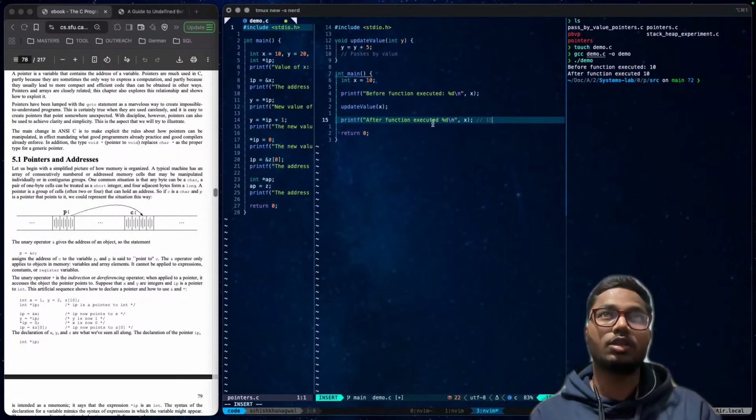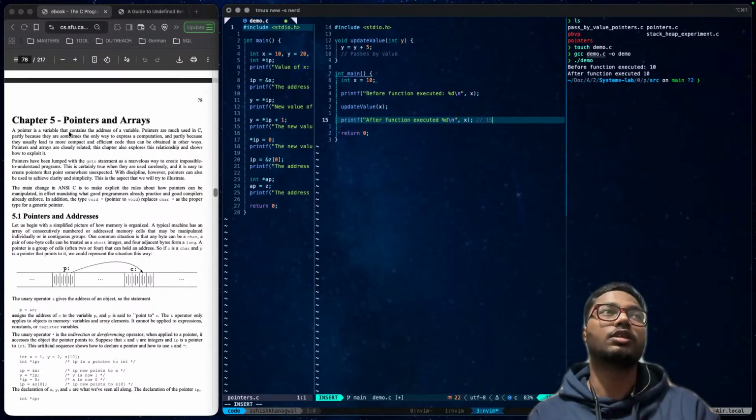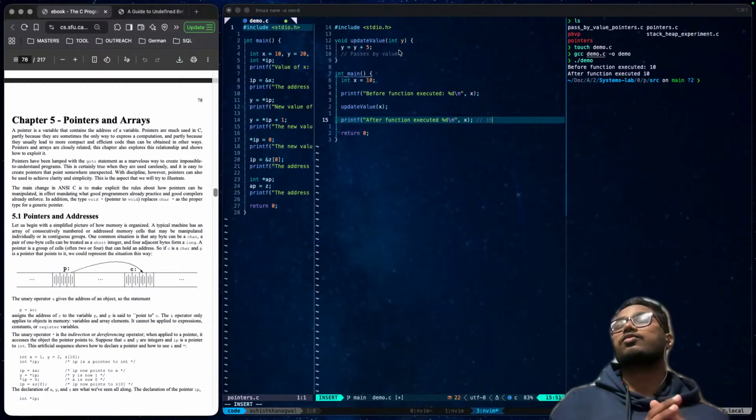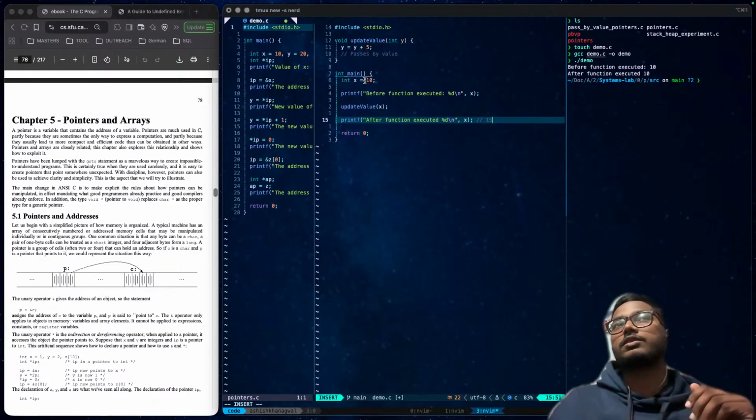So it is on us that things get changed and values get updated. That's why we use pointers. This is the whole concept about pointers: C passes by value in functions. What happened here is x was initially 10.